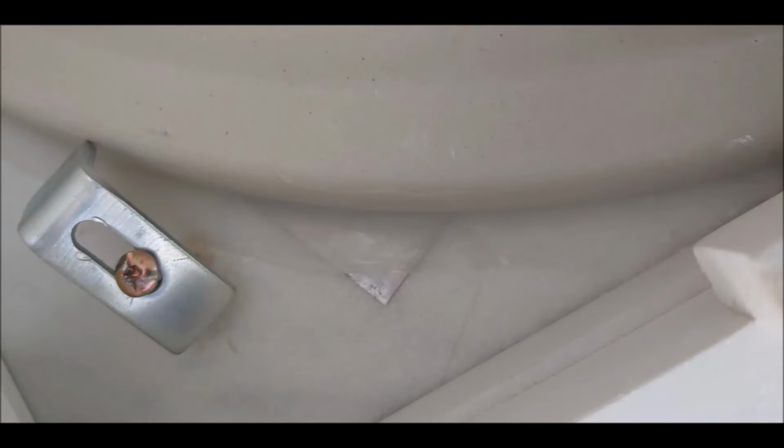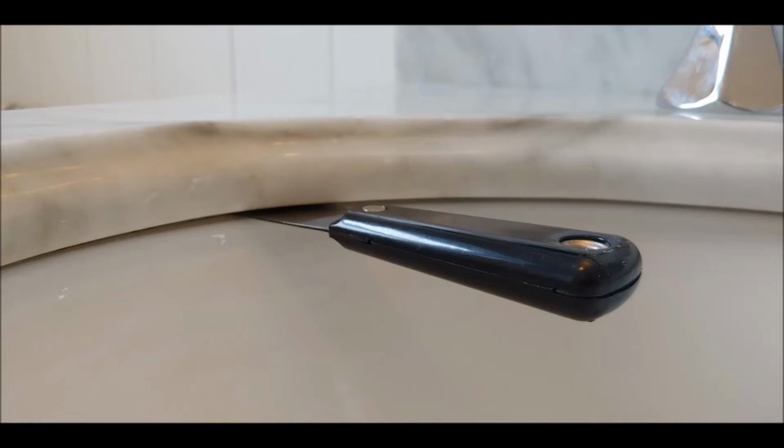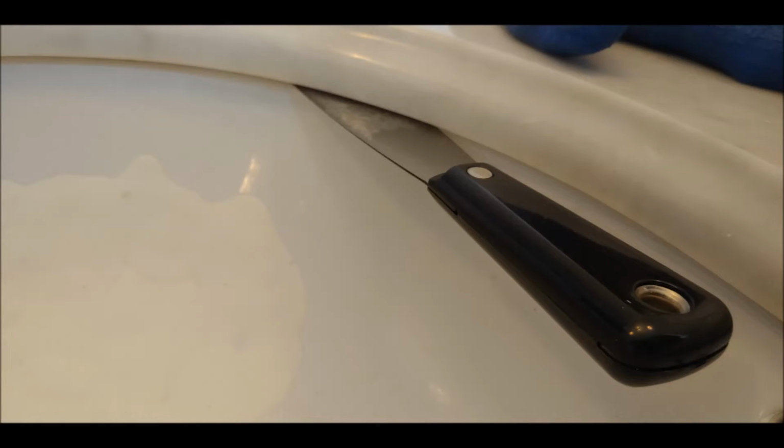So you can see the putty knife there is cutting into the caulk, which acts as the glue, or you might just have adhesive there, and that's what's loosening up. Now this takes about a good 15 to 20 minutes and is really the core of the entire work, is just working your way around, jamming it through, all the way through basically the 360 oval, and